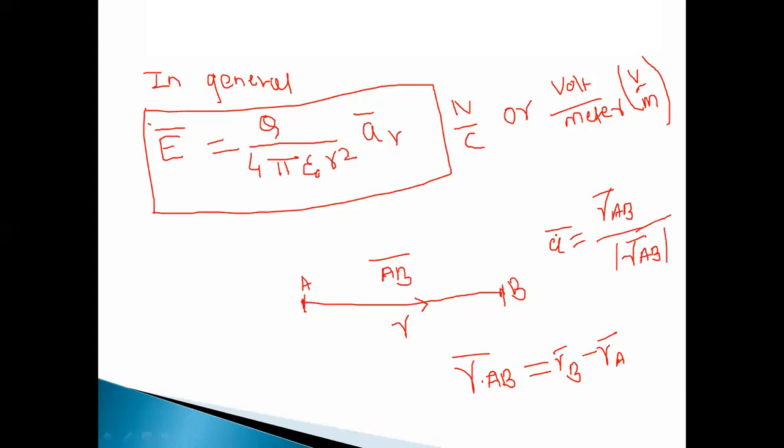Now I want to write the unit vector here. I cannot write only A bar, I want to give some suffix. But I cannot write A bar, R bar, AB. Can I write this? No. Instead of this, I am writing only A bar R. This is the unit vector, but which vector is it? That vector is R bar divided by mod of R bar AB. So instead of writing all this, generally we just consider R. Understood? Okay. Any other doubt?